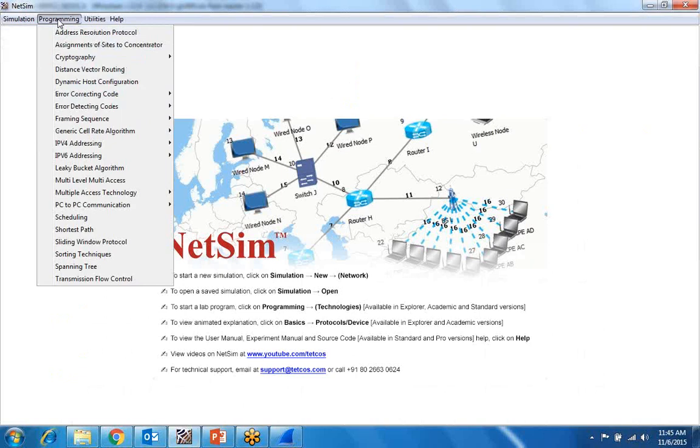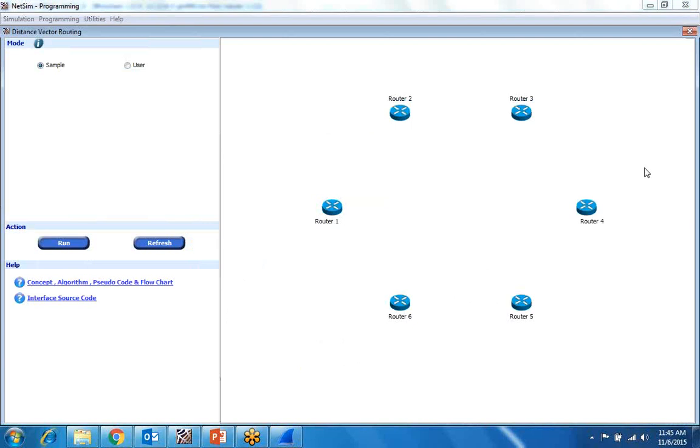We can do some experiments in the programming portion, like address resolution protocol, cryptography, assignment of sites to concentrators, distance vector routing. When we click on any of these, you'll have a combination of both the programming portion and GUI portion. We have two modes, one sample and one user. In sample mode we have some sample programs in NetSim.